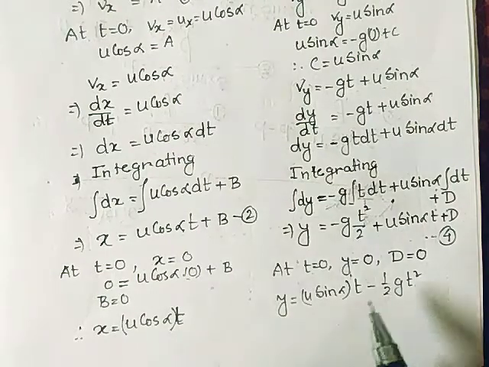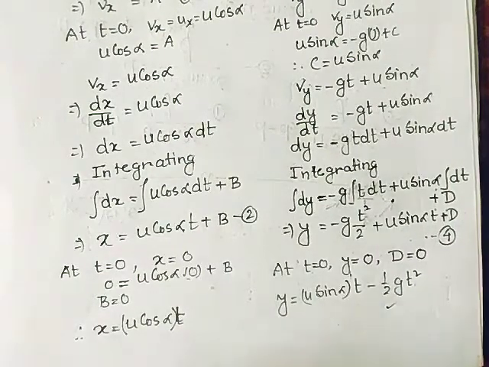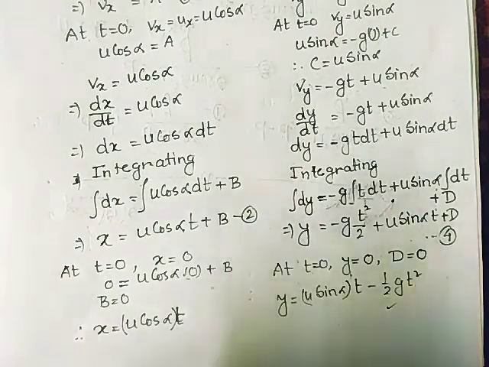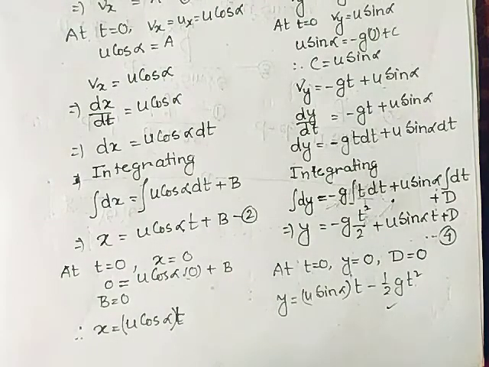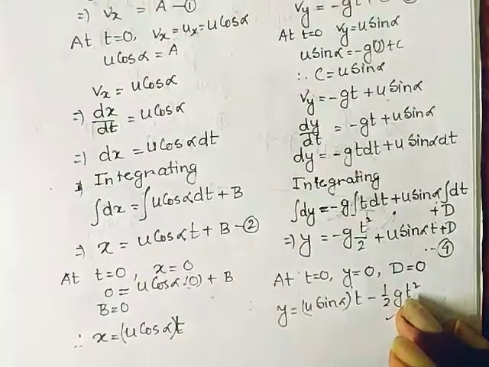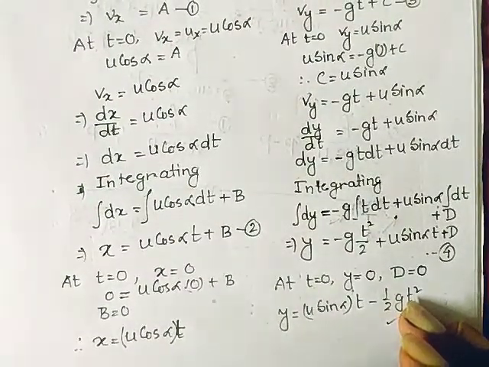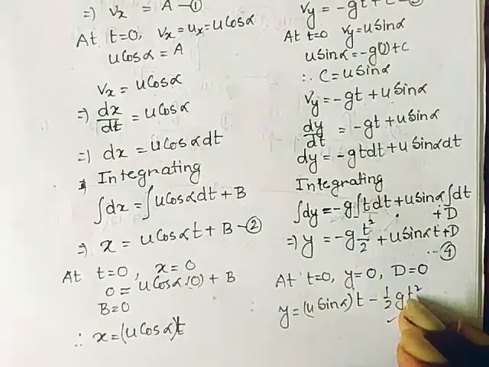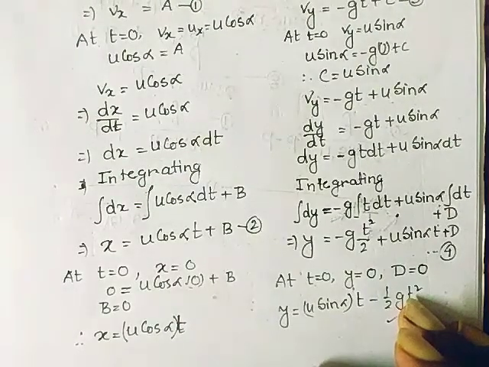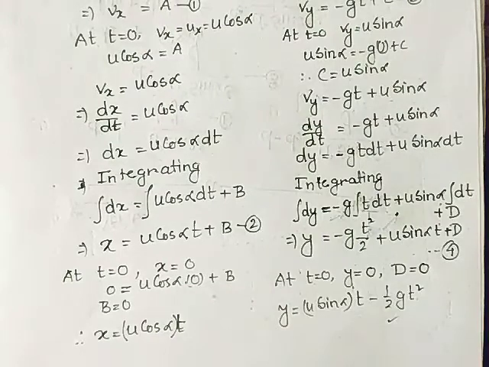So I think you understand what we have derived from the concept. If somehow we forget the concept, we can easily derive these things by the method of integration if we know properly what the boundary condition is. That is, if initially the state of motion of the particle is known to us, we can find out the state of motion of the particle at any instant. So again, this integration method proves it is so easy, and we can easily derive these equations of motion. Thank you.